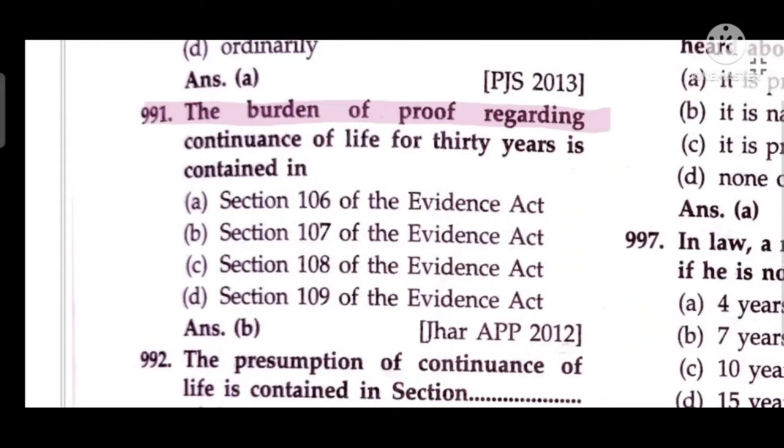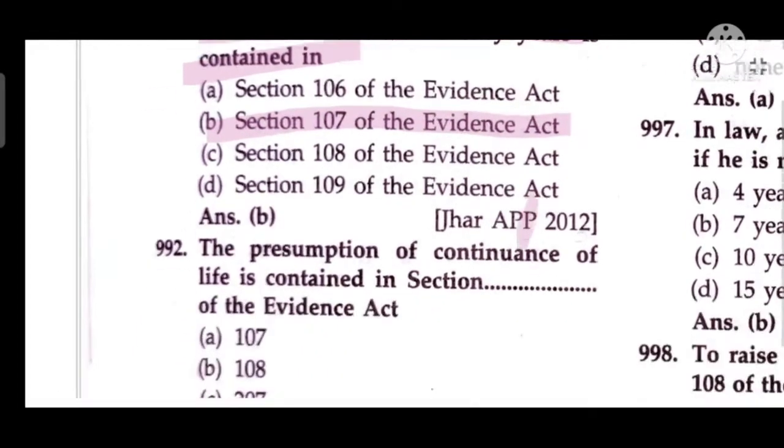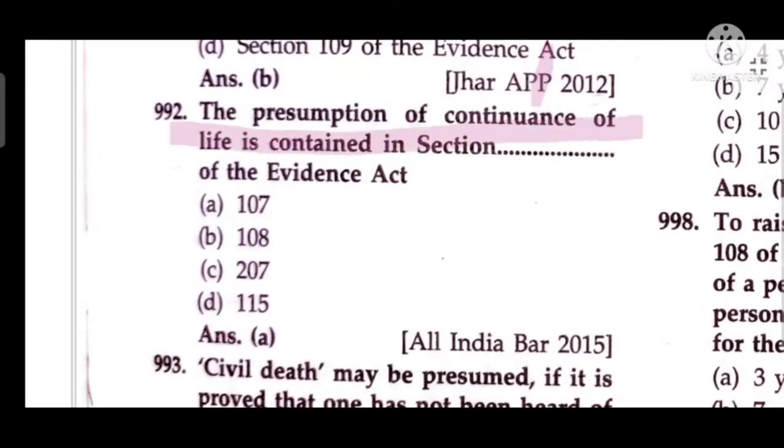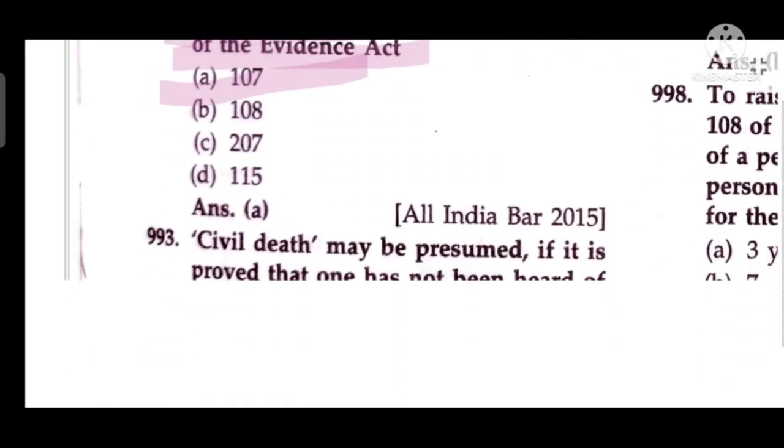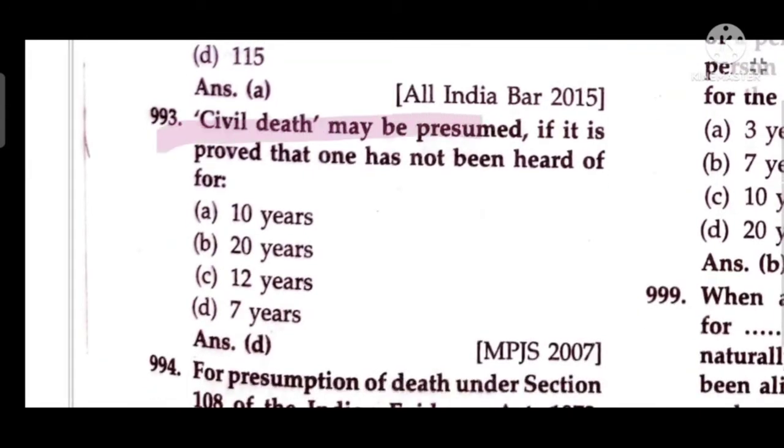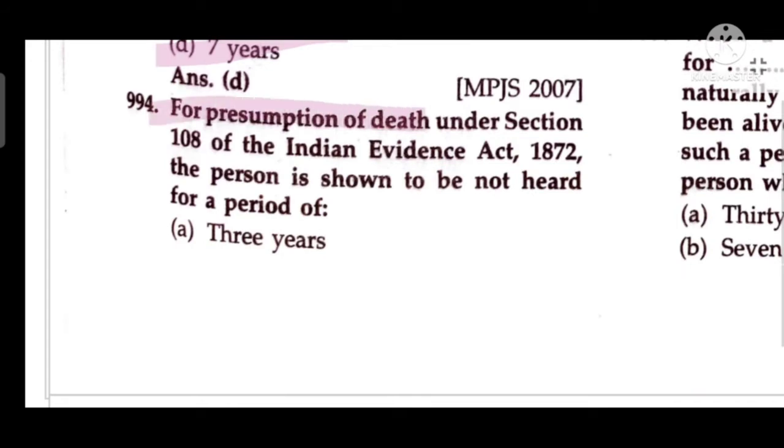The burden of proof regarding continuance of life for 30 years is contained in Section 107 of the Evidence Act. The presumption of the continuance of life is contained in Section 107 of the Evidence Act. Civil death may be presumed if it is proved that one has not been heard of for 7 years. Presumption of death under Section 108 of the Indian Evidence Act: the person is shown not to have been heard of for the period of